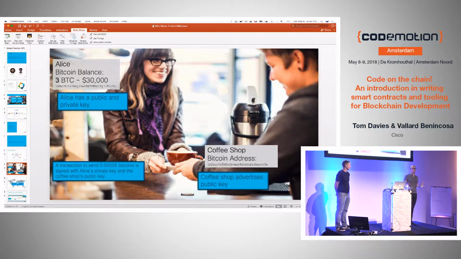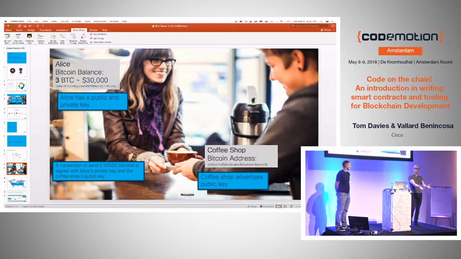The easiest way to think of a transaction, the quickest example you can come up with, is buying a cup of coffee at a shop. So Alice wants to buy a cup of coffee from a coffee shop. To do that, using Bitcoin for example, they need to create an account on the blockchain. Anybody can sign up and create an account. And what happens when somebody signs up is you get a public key created that gets exposed to everybody on the blockchain. Everybody can see that public key.